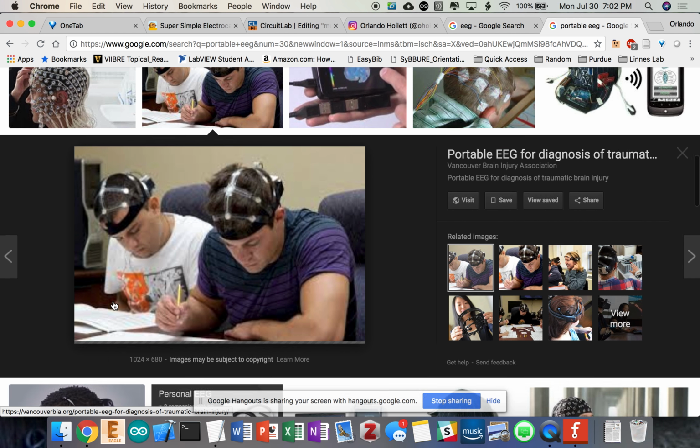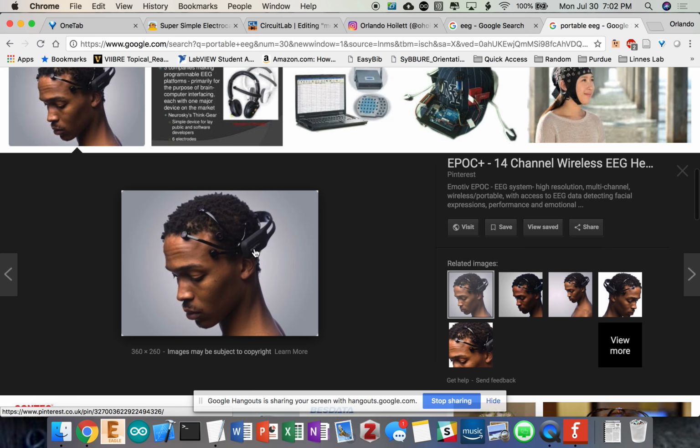These gizmos, well, this one's actually a nice view. This one's like 4 or 5. So it just depends on what you're trying to measure. If you want super high spatial resolution, it would be pretty impractical because you need like 256. But if you only need a couple things, certain signals are going to be localized to certain parts of your brain because certain parts of your brain handle certain cognitive tasks. So if you don't need a ton of spatial resolution, you can do a lot with just like a 2